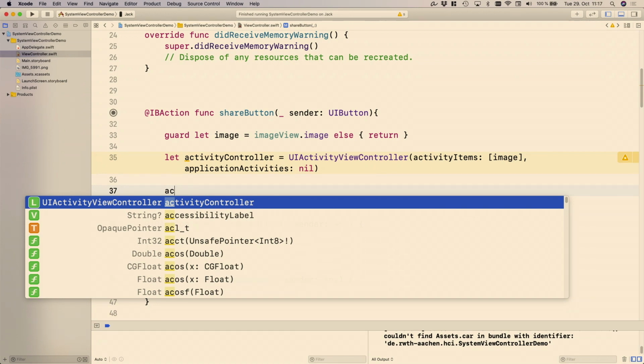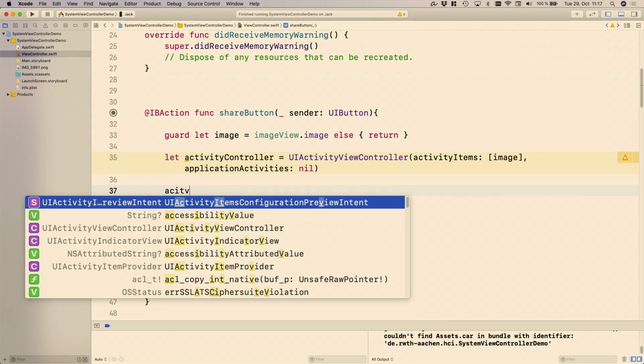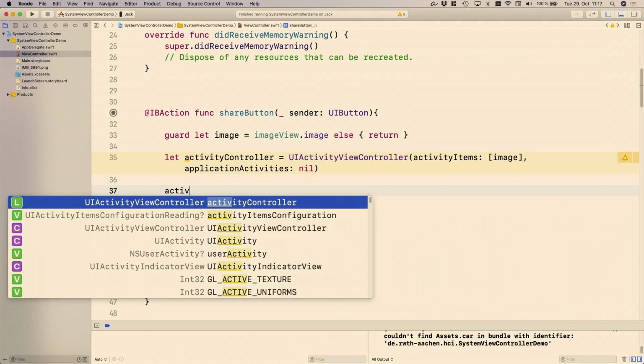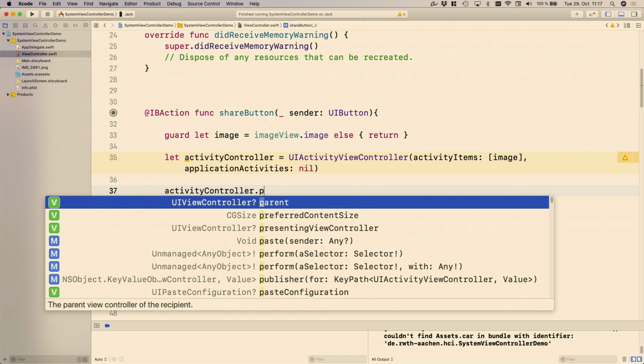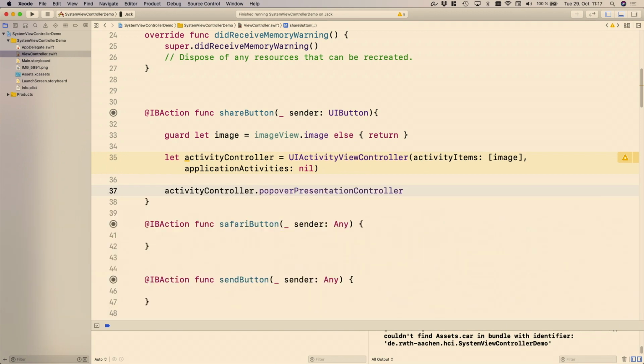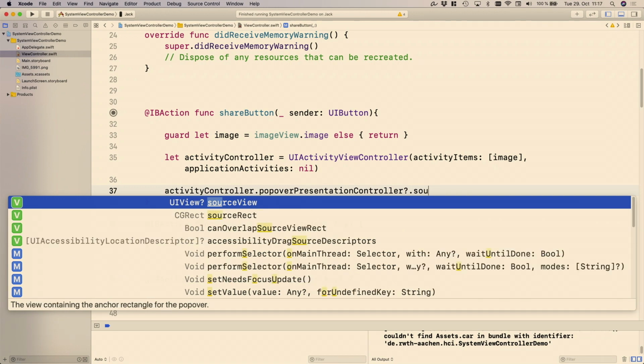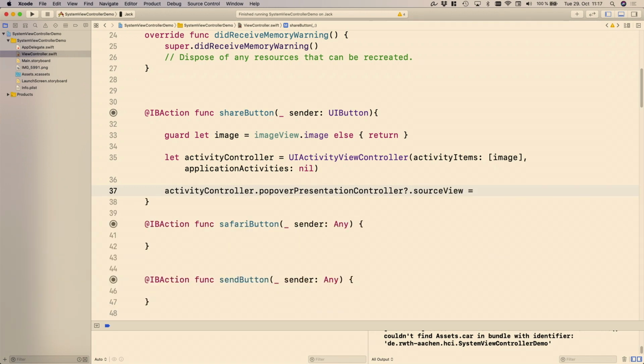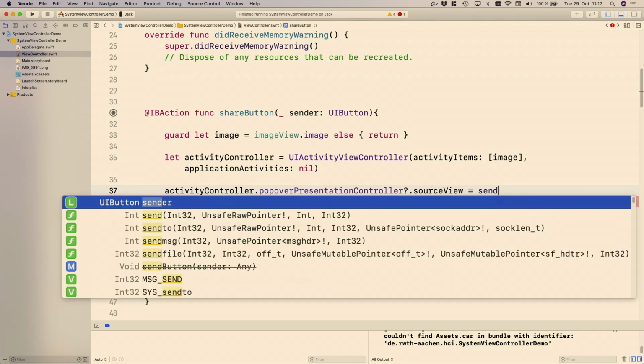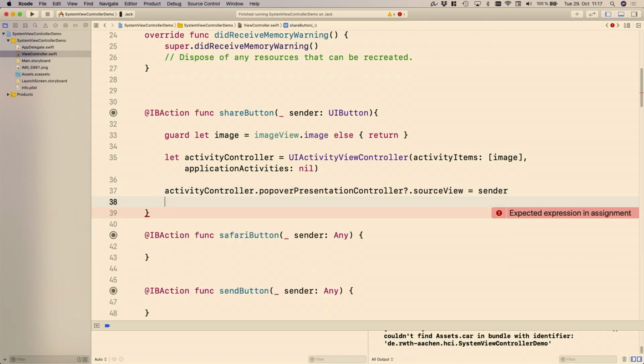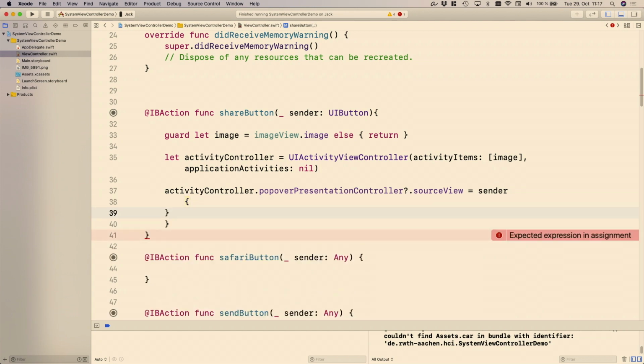And this allows me then to use this activity controller to create a popover presentation controller. Now the names get really, really long. And it should be rooted in my source view, sender. So that's the button basically. It should be implemented in this thing. And then I'm basically saying